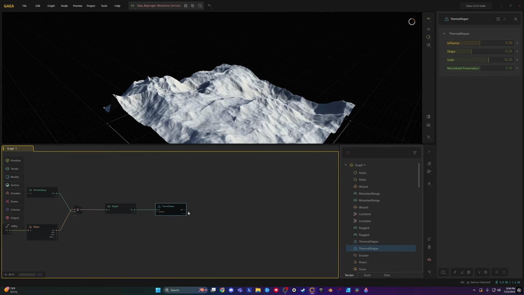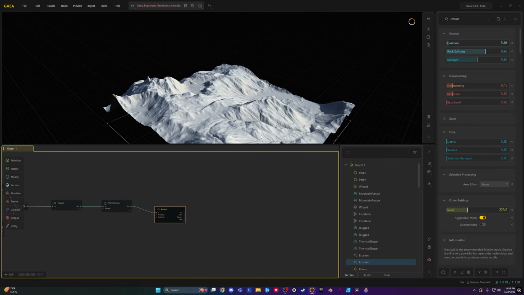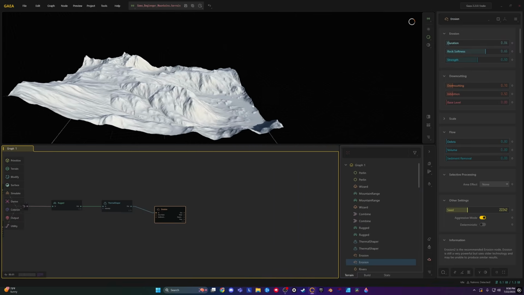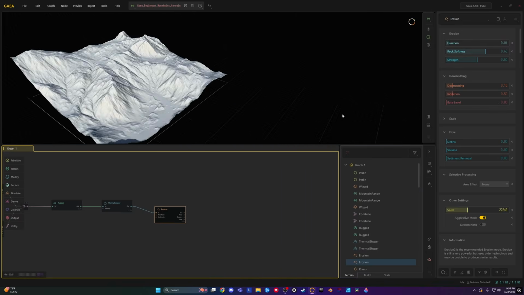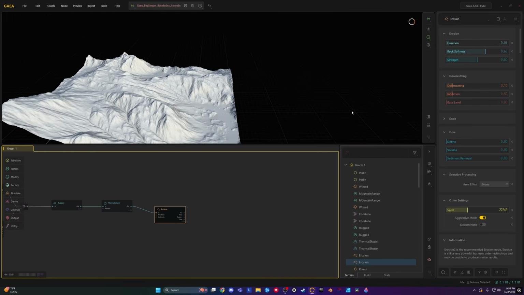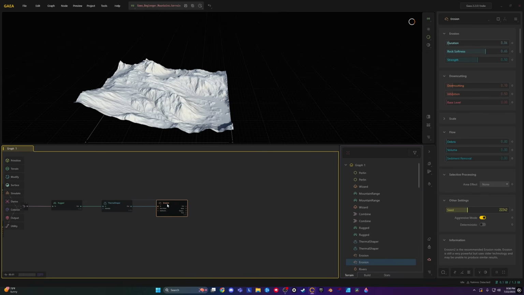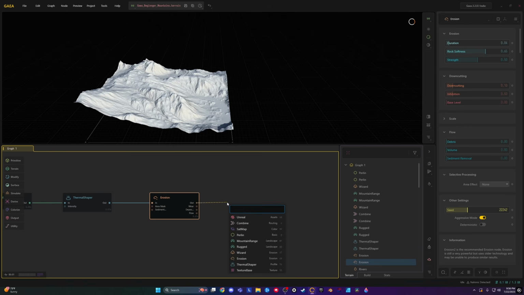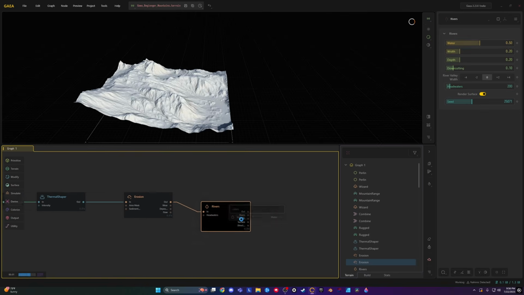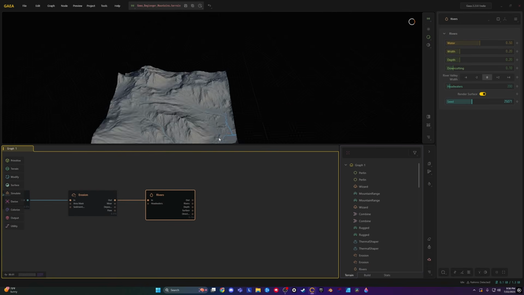And then after thermal shaper, I'm going to drag across again and type in erosion and choose erosion 1, which is going to, again, kind of add in the erosion and sell the effect of mountains a little more. Now, the next thing we can do is go over to the erosion, and I want to add in some rivers to our scene. So I can drag across and type in rivers, and it will now simulate rivers in